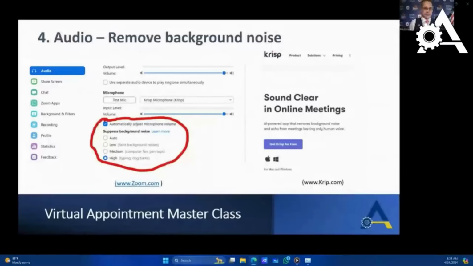And hopefully, if I've done it correctly, you're not hearing any of that going on right now. The other is a software you can download, especially if you're not using Zoom, and that's Crisp. For the most part, it's free. It gives you some limited hours and function, but it's inexpensive and priceless to me because I think it's $12